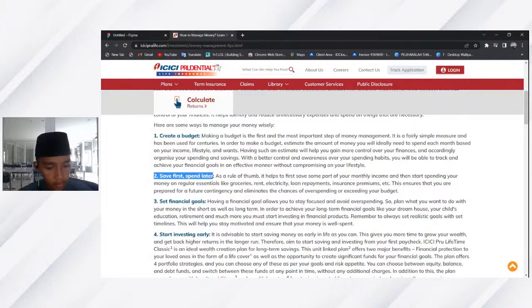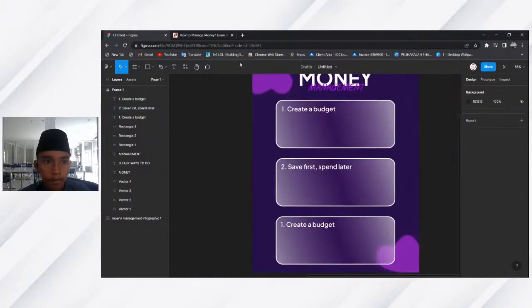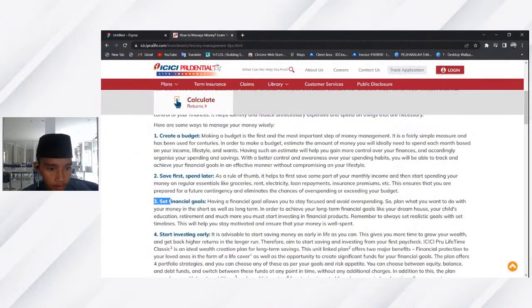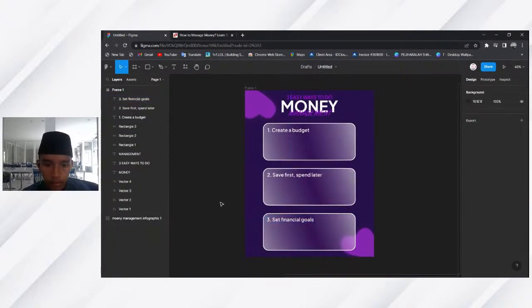So for the second one is save first, spend later. Control V that, and then paste it at our Figma. And for the third one is set financial goals, and paste that at our Figma.